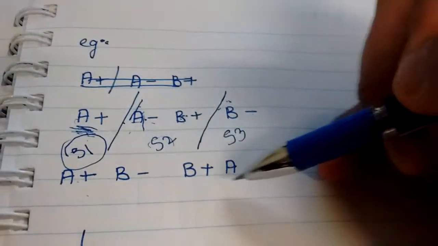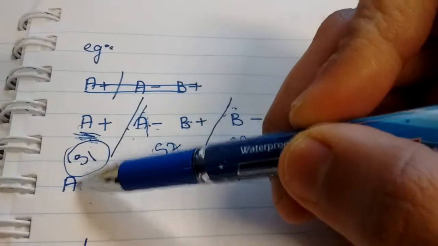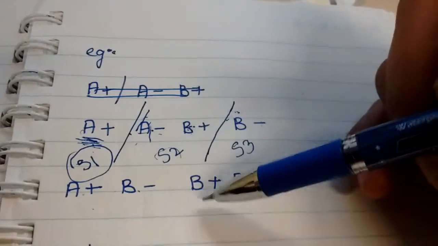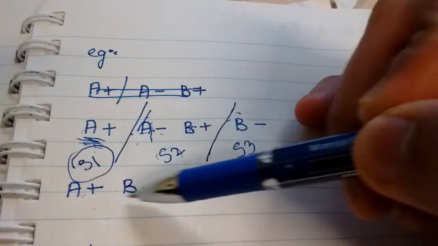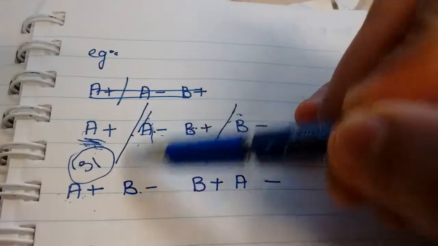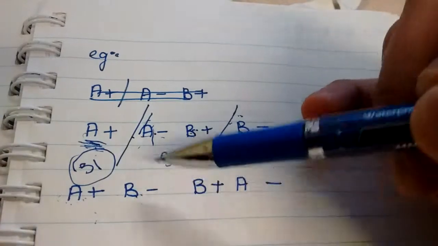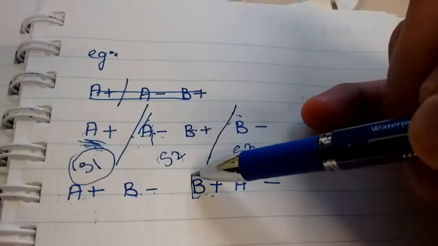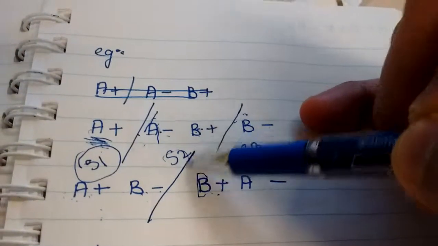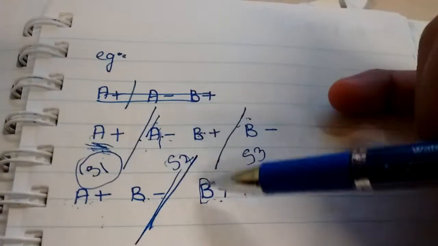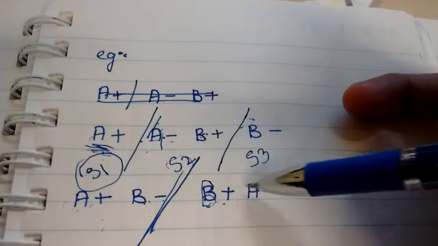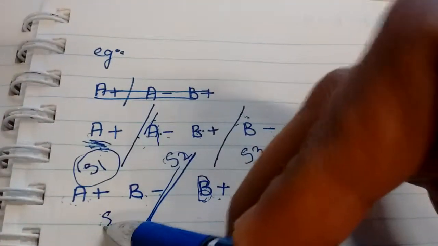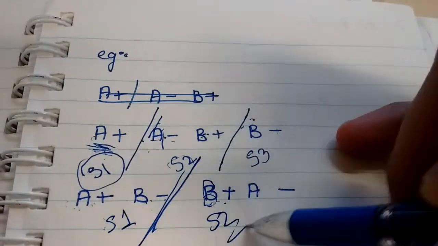Now we will take a look at another example. Suppose this is the sequence: A plus, B minus, B plus, A minus. Now A plus and B minus can be in the same group, so no need to divide a group over here. A plus, B minus. Then as we move forward, again there's a B, so you need to divide over here. Then B plus, and B plus and A minus can be in the same group. So we have two pilot lines over here.